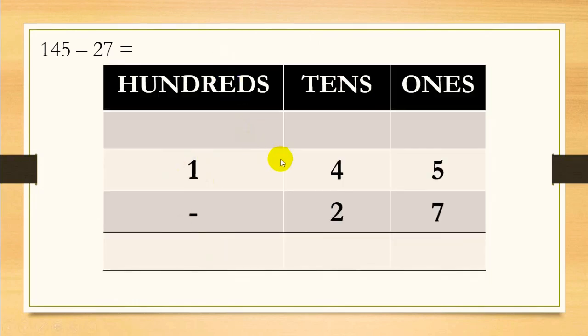Let's take a look at this example now. Again, I have a smaller number here and a bigger number at the bottom. So I cannot take away 7 from 5. For that I have to borrow again. I will borrow like this. Now it is 15 ones and I'm left with 3 tens. 15 minus 7 is equal to 8. 3 minus 2 is 1. And as there is no number below, I'm simply going to write 1 here. And my number is